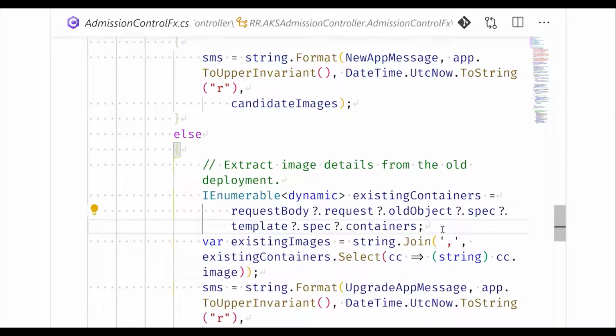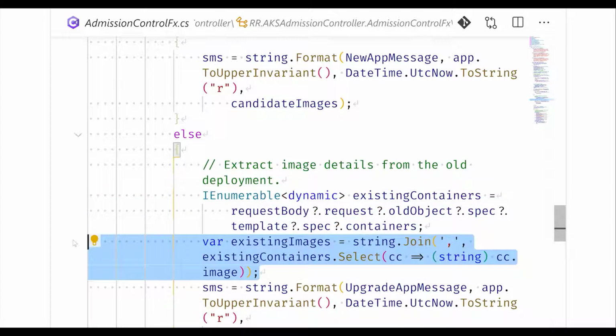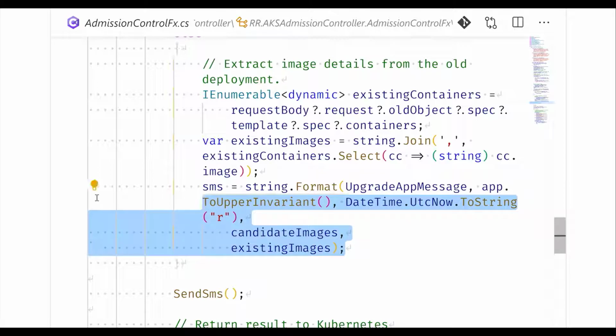Otherwise, it tries to find out the existing container image names and again converts those names to a CSV. It prepares an appropriate SMS message again, denoting that the operation requested is to update an existing application.